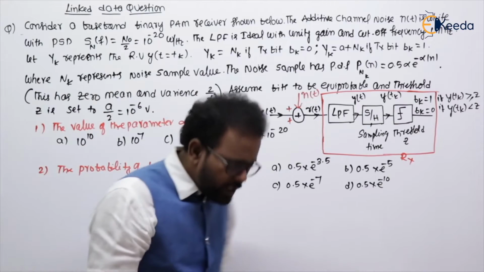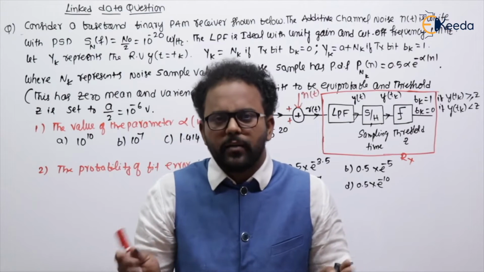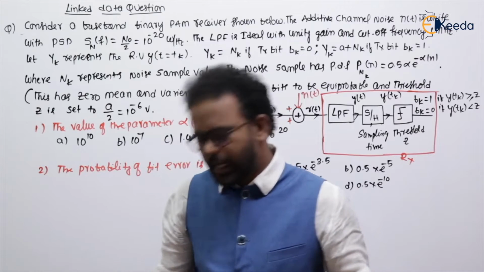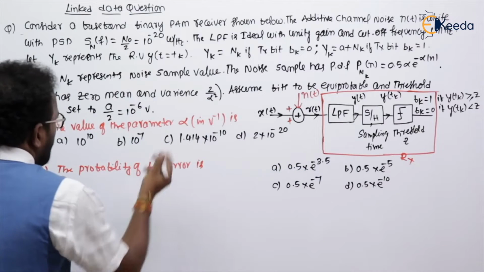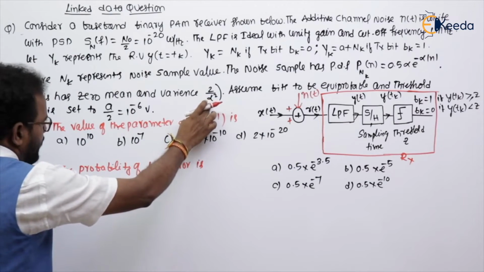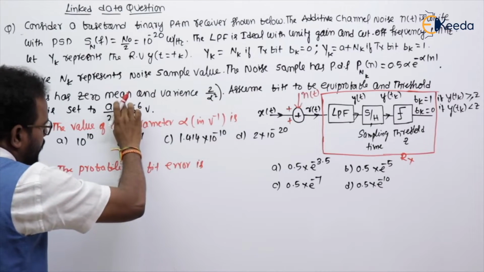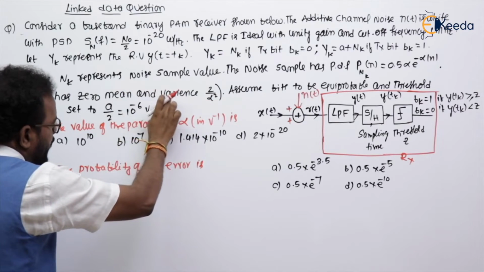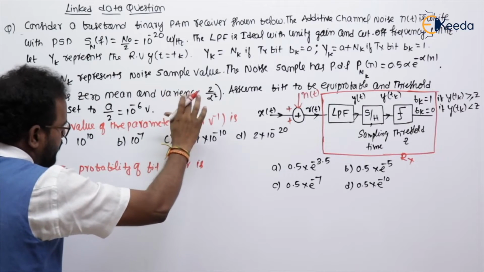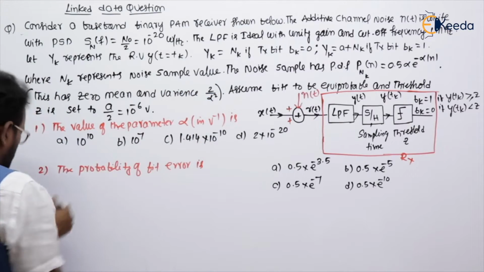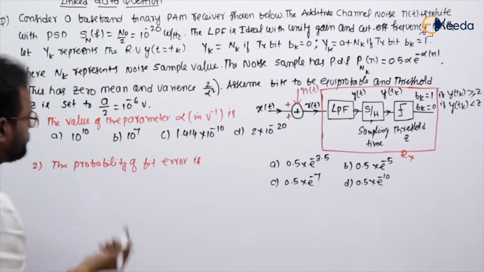If we see the question, it's looking very big, but the answer is very simple. I need to calculate alpha here. So here mean value is 0. If mean is 0, variance and power both are the same. So what is the power value? Power is nothing but